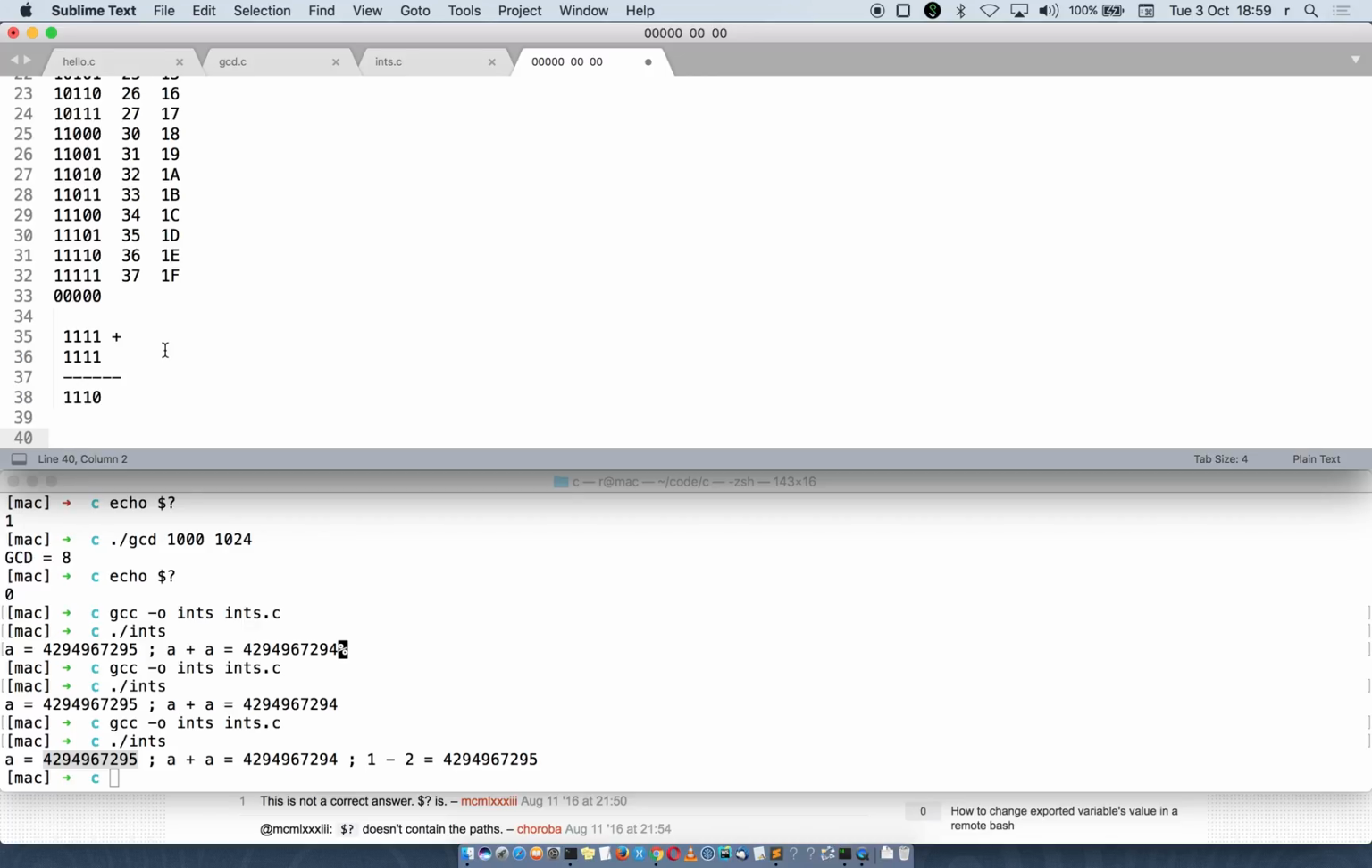Okay, so I'm gonna write the numbers from -8, -7, -6, and then we're going to see how we give them binary values. -5, -4,